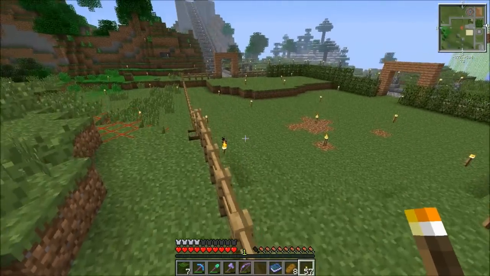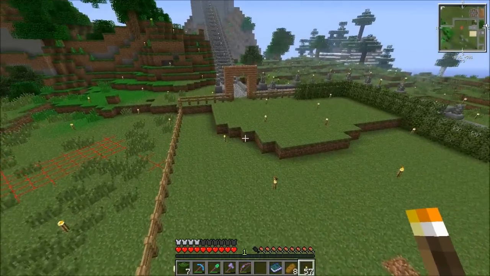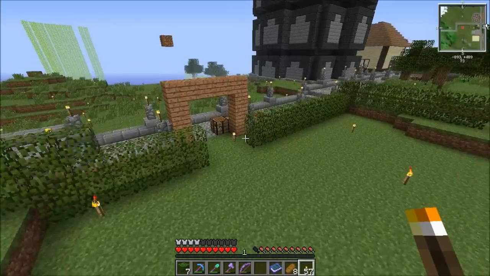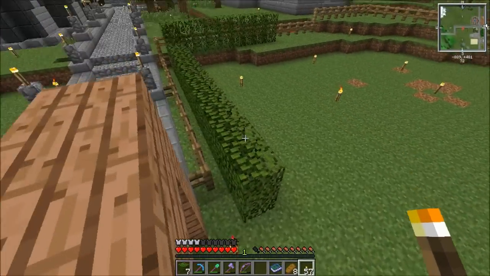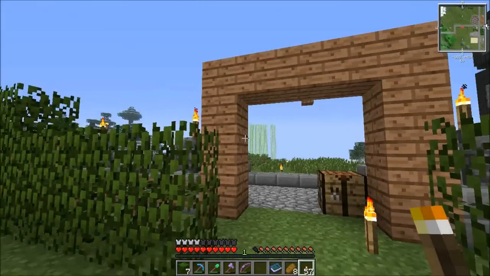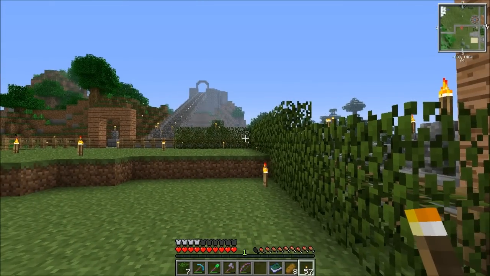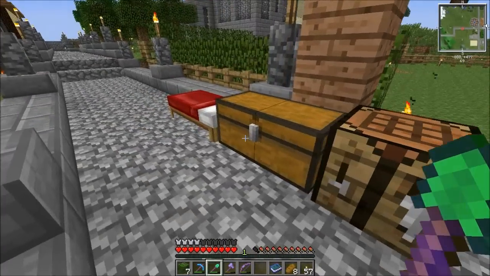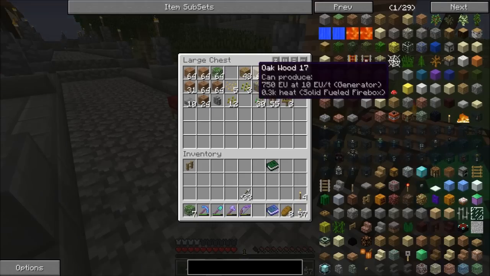There we go. There's nothing in spawn in here while I'm working, which is good. So what I'm going to do is, this entrance and that entrance, this isn't a permanent entranceway. I'm gonna glam it up a bit more, but what we need to do is figure out a way of